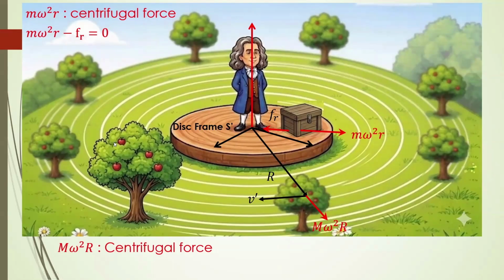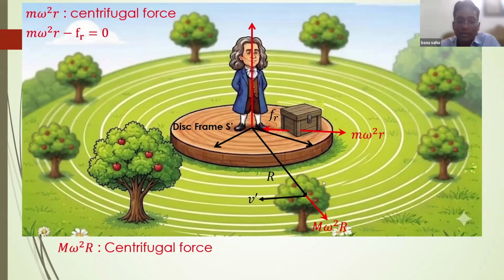Sir, capital M omega square R, should it not be centrifugal force? Yes, this is centrifugal force. I am fine saying this is centrifugal force. This is okay, not centripetal force, because this is pseudo force. Right. This is centrifugal force. But my question is, a centripetal force must act in this direction. Then only this tree will revolve around the center. Otherwise, this tree will not revolve. So where is the catch? Where am I making the mistake?